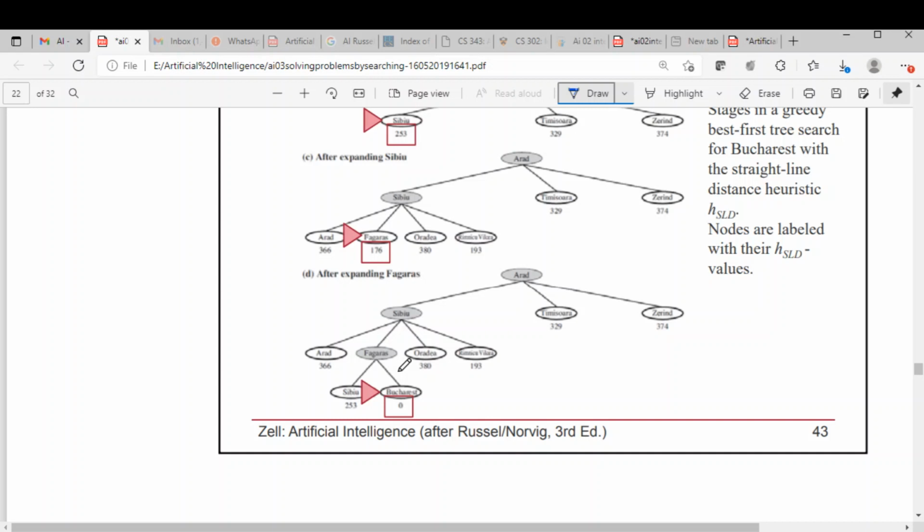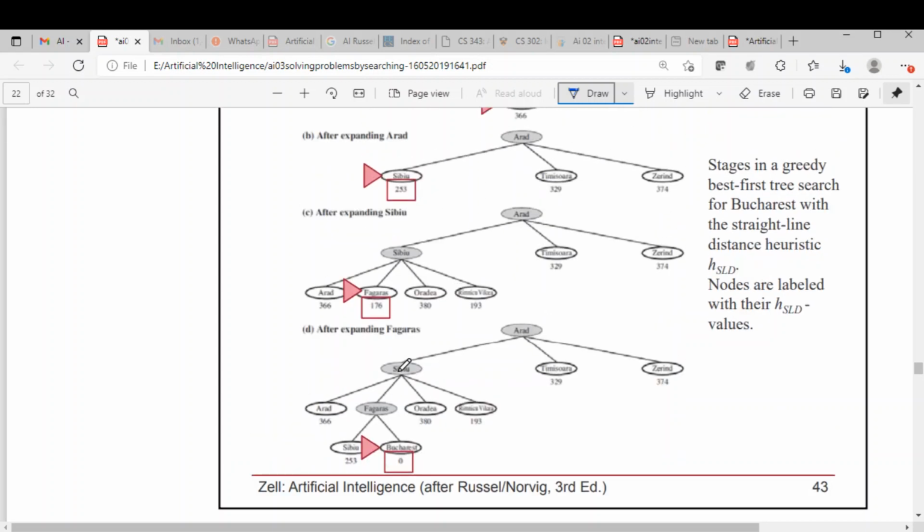But if you observe, this is not an optimal solution. Heuristic functions will not always give an optimal solution. They will give a good solution, that's all. They won't guarantee an optimal solution. So this greedy best first search has not given us an optimal solution, but it has given some solution. This particular version of heuristic search, greedy best first search, is not an optimal algorithm. Next we will be discussing an algorithm called the A-star algorithm, which is optimal.